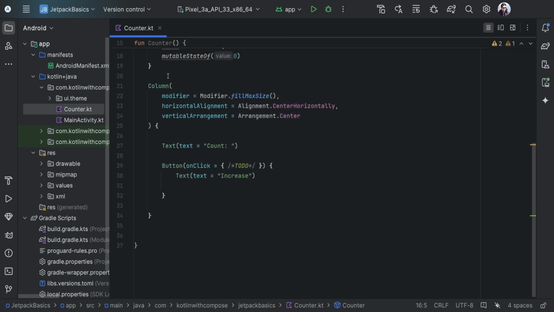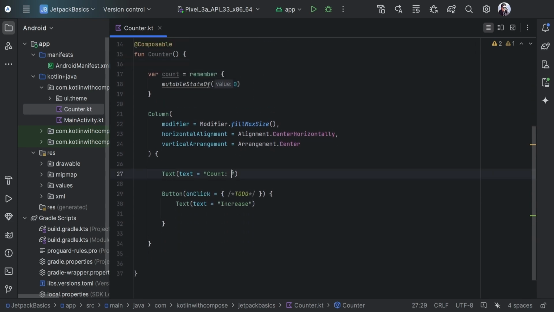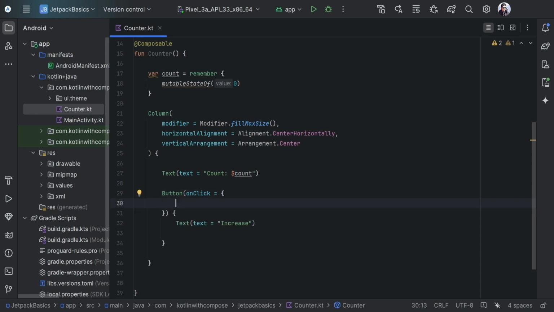So let's add this count value here. So we assign a variable in a string by annotating with the $ sign. So $count, and it will take the value from here, whatever the value it holds. And so on pressing the button, we want to increment the value here. So that by using count plus plus